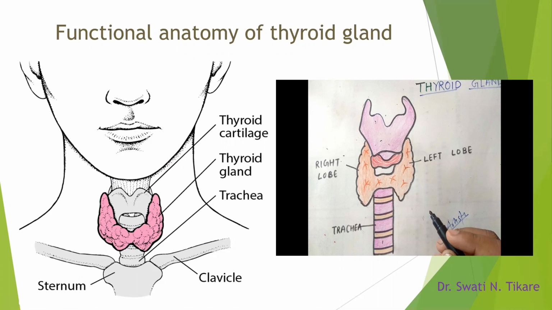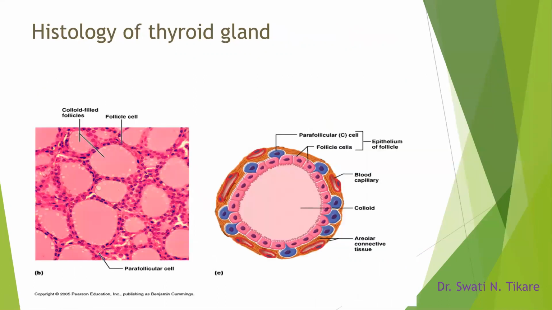Okay, so let's see the histological view of this thyroid gland. So we'll be able to see it this way. These are called follicles. You can see the cells lined up as circles. In the center, there is a substance called the colloid, and these are the cells. So if we see further in detail, you can see there are two types of cells here lining the colloid or the follicles. Okay, each one of them is a follicle. So these are the follicular cells. The follicular cells, you can see the apices, how they are.